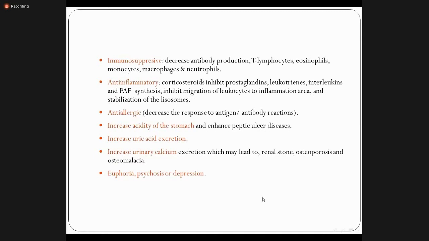And the second very important example is transplantation, or transplantation of organs. So if we are going to transplant organs into another person, first we have to suppress the immune activity. Otherwise, transplant rejection can occur, right? So at least you must remember these two important examples of clinical application of this immunosuppressive ability of glucocorticoids.